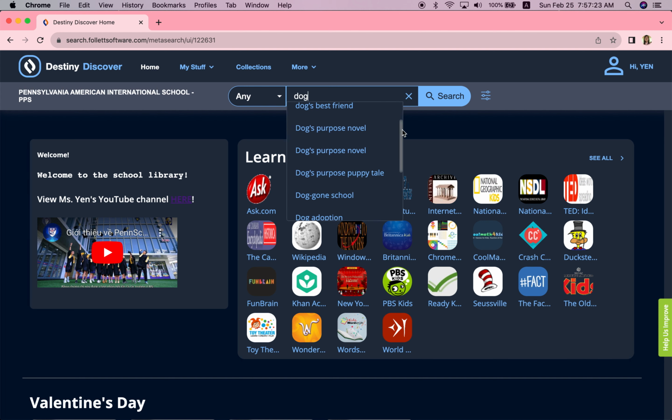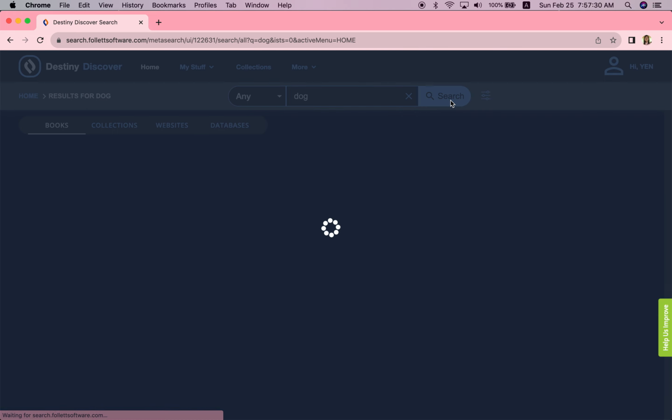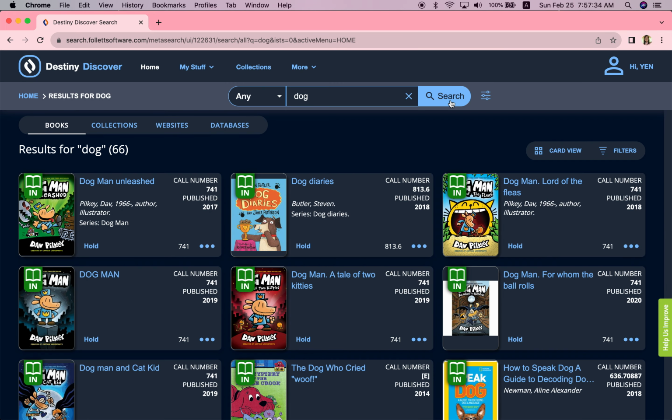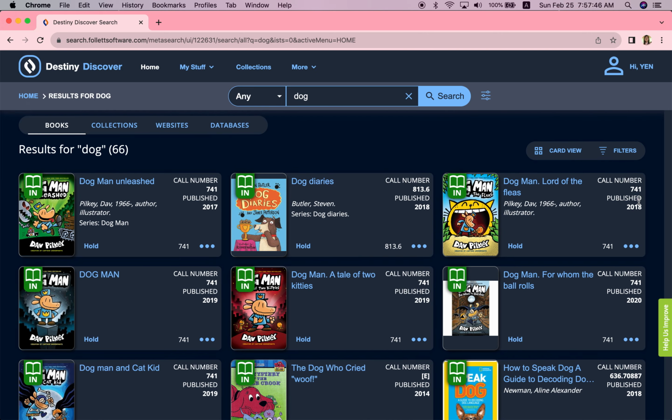And you can see right away, it gives you some suggested searches that could help you more. But for now, I just want to look up dog in the search, right? So right away, it gives me 66 books that relate to the search term dog, right? And you can see right away we have all the list here that has dog in the title of the book,